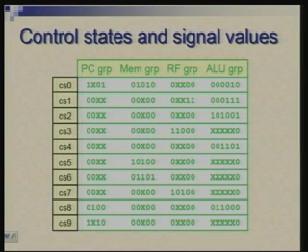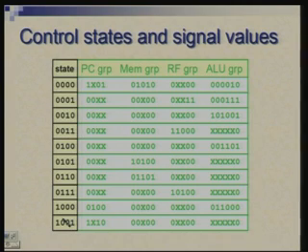So now this basically is like a truth table description, and all that is required is that we encode these control states also in binary form, which you see here, that each state can be encoded in 4 bits since there are 10 states. This forms the truth table where the part shown in black is the input and the part shown in green is the output. So basically it's 4 inputs, and the outputs number up to 20. So 20 outputs and 4 inputs is what this table describes.